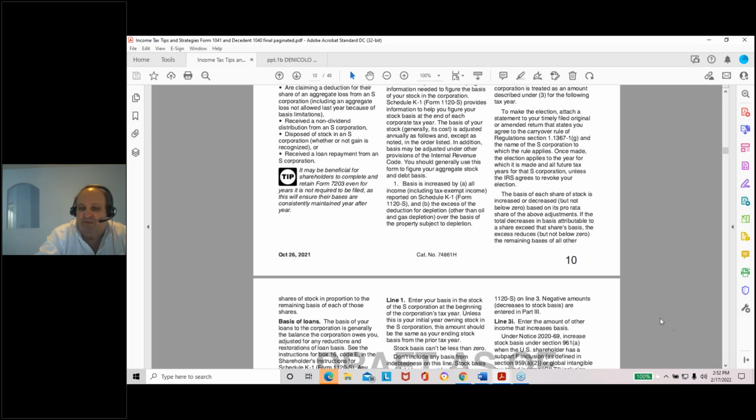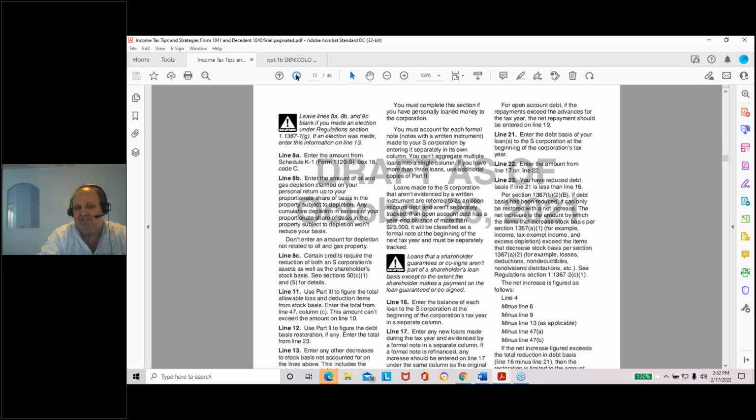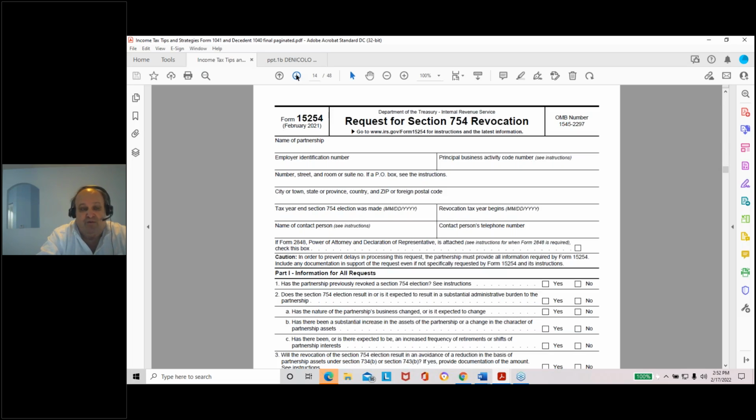And so this is going to be an interesting requirement under Code Section 6001 to prove up basis and file this form. How do you do that if your banks are merged out of existence, or you can't find the canceled checks? What do you do, right? What do you do? So this is the other new form that I mentioned, 15254, request to revoke a Section